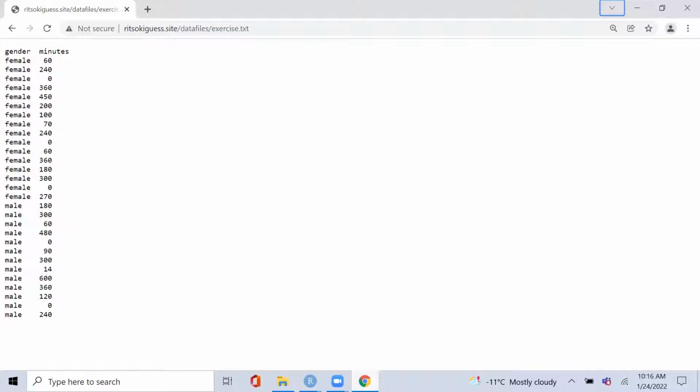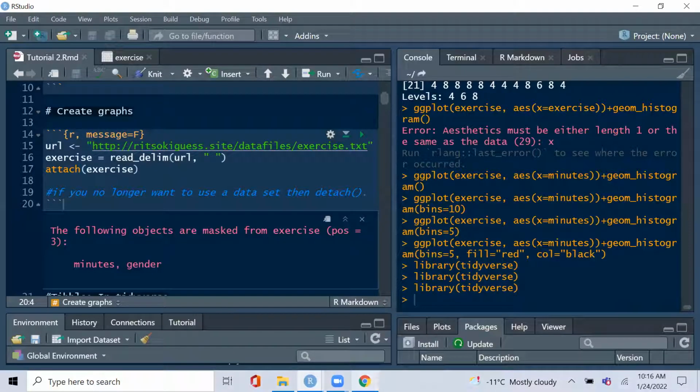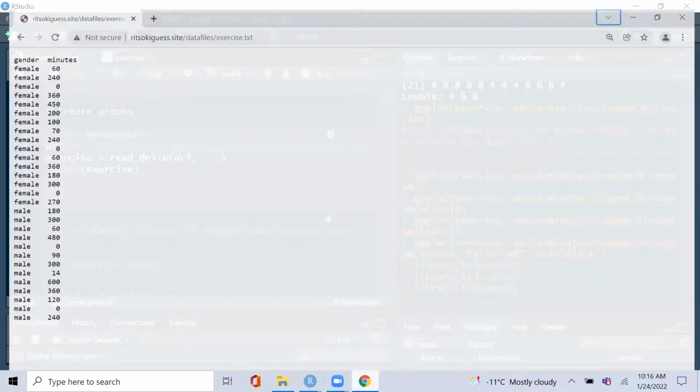So there's actually 2 levels here, female or male, and then the minutes it takes each person. The first female took 60 minutes, second female, 240 minutes, third female, no exercise, etc. You can see that it's actually almost tidy, merely because they've segmented the data in 2 perfect splits, right? But anyways, when you want to load this data in, because it's separated by